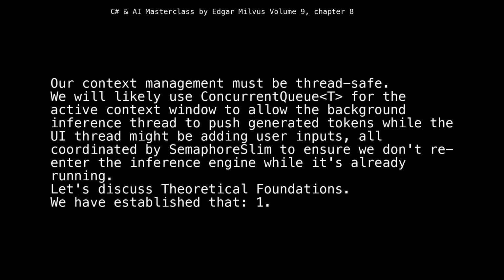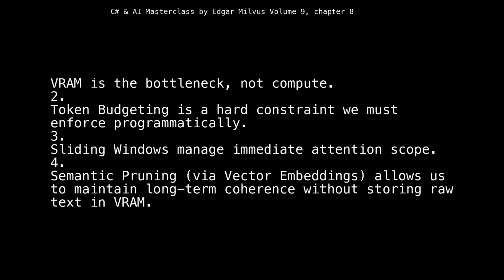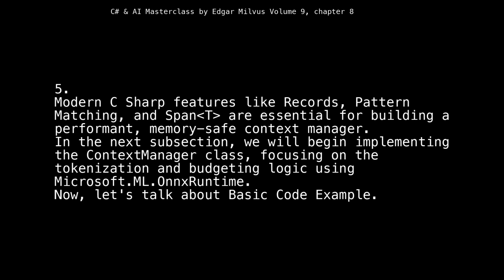Let's discuss theoretical foundations. We have established that, 1. VRAM is the bottleneck, not compute. 2. Token budgeting is a hard constraint we must enforce programmatically. 3. Sliding windows manage immediate attention scope. 4. Semantic pruning, via vector embeddings, allows us to maintain long-term coherence without storing raw text in VRAM. 5. Modern C# features like records, pattern matching, and Span<T> are essential for building a performant, memory-safe context manager. In the next subsection, we will begin implementing the Context Manager class, focusing on the tokenization and budgeting logic using